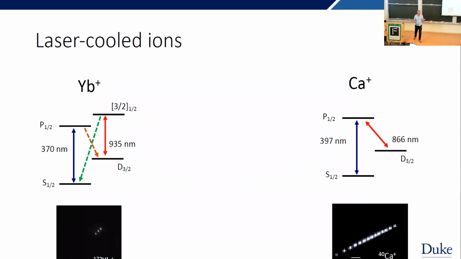So you can build an ion trap quantum computer or quantum system out of any ion which you can laser cool. Laser cooling just requires that you have a closed transition, more or less. There might be some metastable state you have to repump. In my group, we use mostly ytterbium-171 for quantum computing experiments. And we have experiments using calcium ions as detectors for molecular ions.